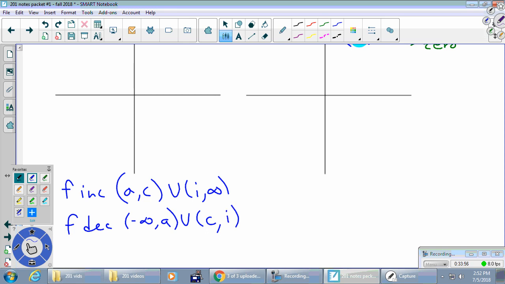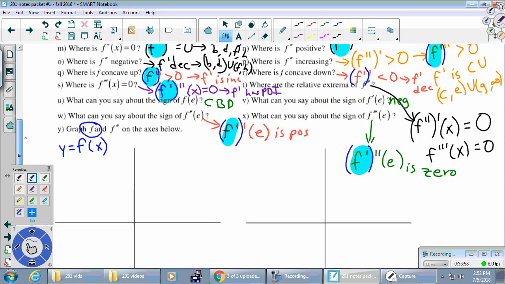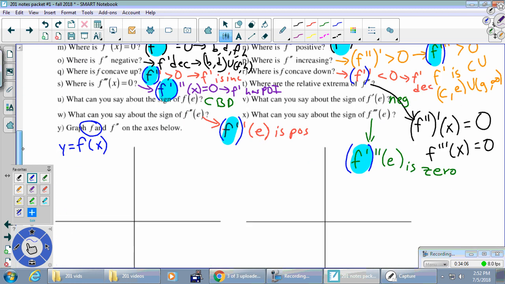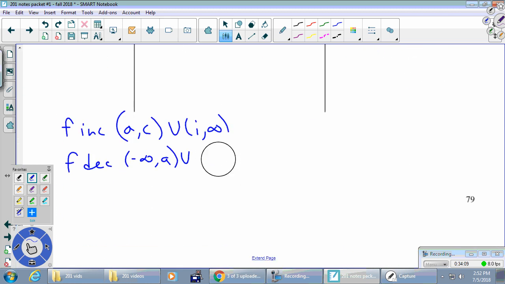I think that's it. I might have stopped it at F up above for some technical reason. C to F, F to I. Oh yeah, it was supposed to be flat at F. A to C, I to infinity. So I'll just copy it like it was up above. C to F, and then F to infinity. Okay, and then it